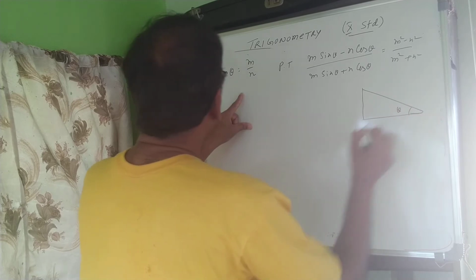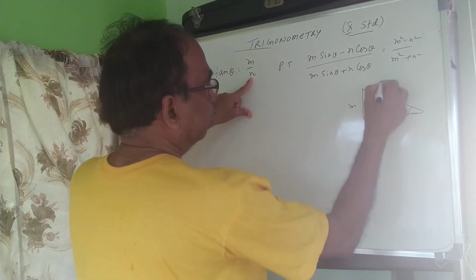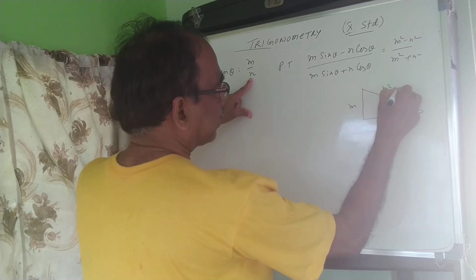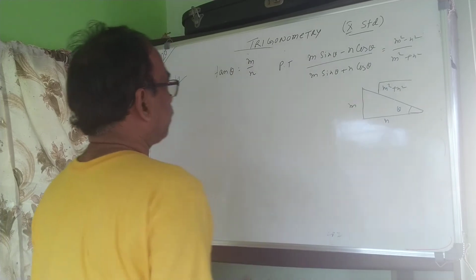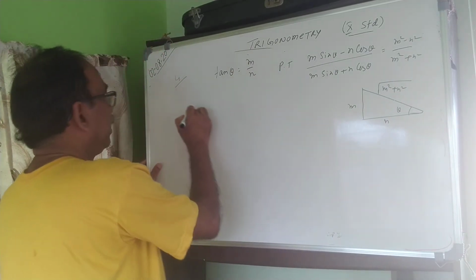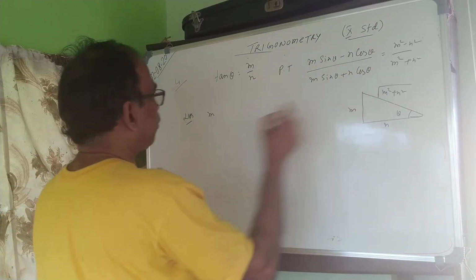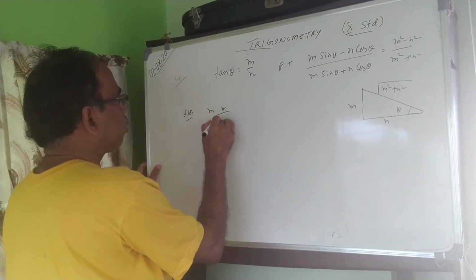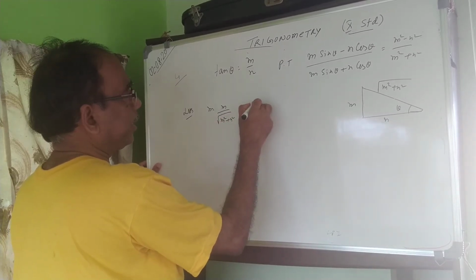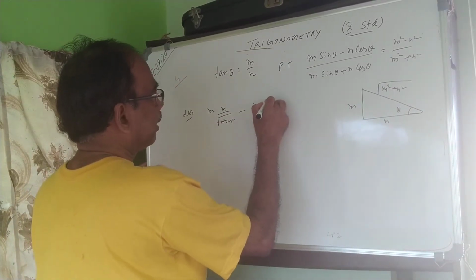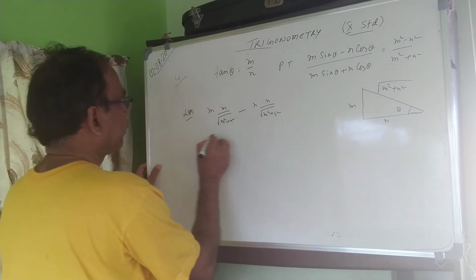Draw the angle theta. Tan theta is perpendicular by base, this is m, this is n. So the hypotenuse will be the square root of m square plus n square. Then put it here, LHS. m sin theta, perpendicular by hypotenuse, that is m by root over m square plus n square, minus n cos theta, base by hypotenuse, n by root over m square plus n square, over